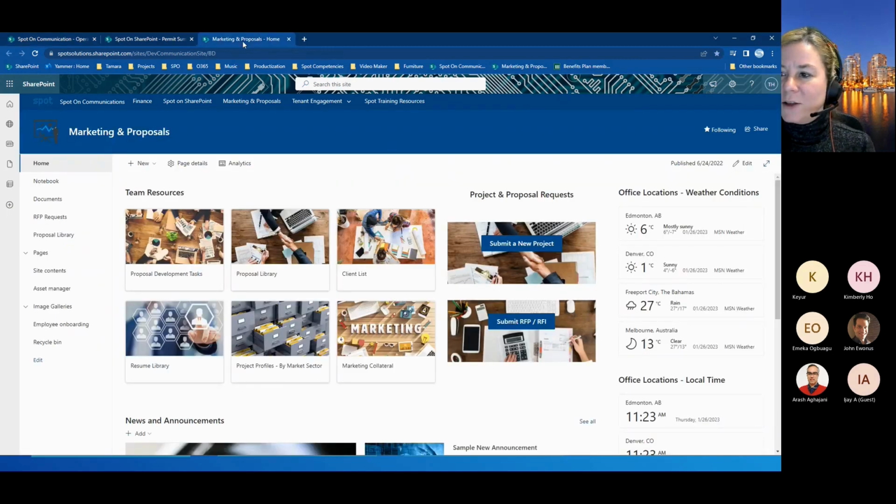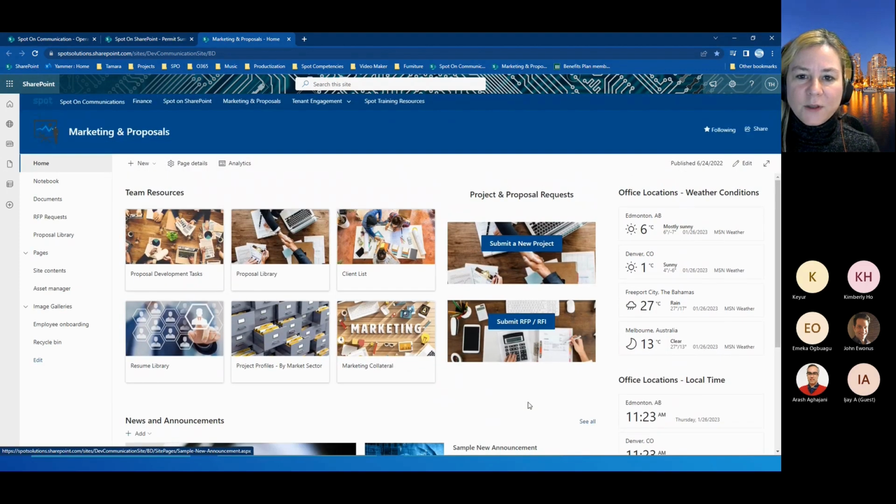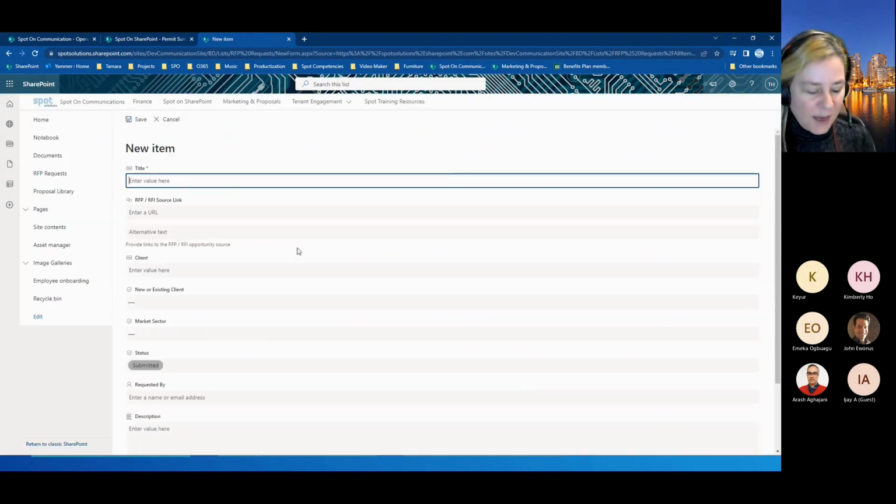So when we take a look at our marketing space, we've got the ability to let everybody know all the different locations that the offices are in. We see the different news and announcements that are getting pulled out. And I have the ability to actually start understanding more of this material. In this example, we have a workflow set up so that if somebody submits a new RFP, they can come in and provide their RFP,